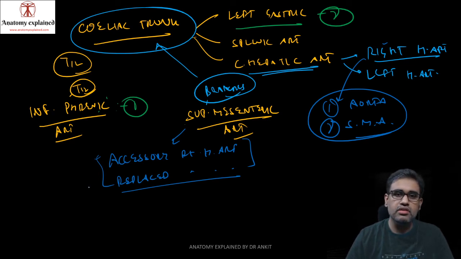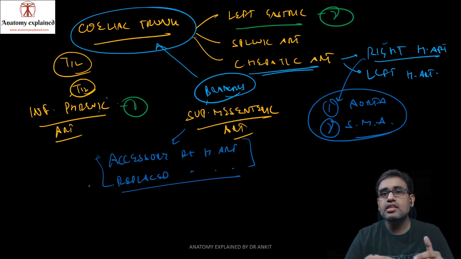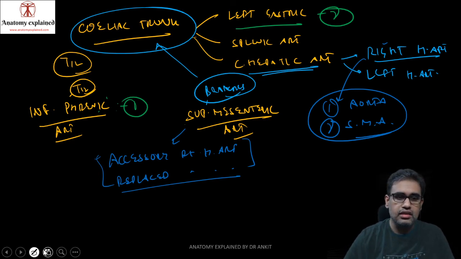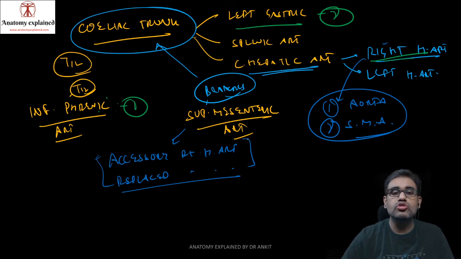Okay, so these could be a few common variations on the celiac trunk. Inferior phrenic artery and all, they can be coming up from the celiac trunk. Left gastric may come as a separate branch of the aorta. This right hepatic may come separately from the superior mesenteric. And this is also a very important point: when this right hepatic artery is not coming from its original location but from the superior mesenteric or separately from the aorta,